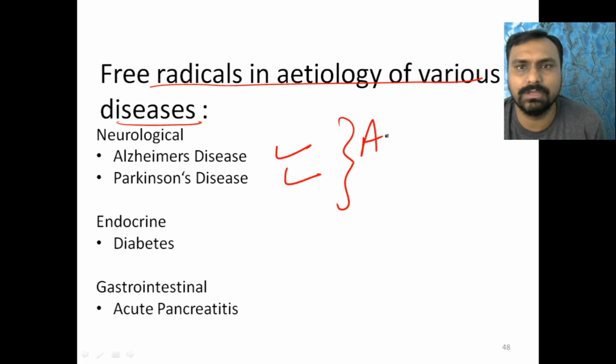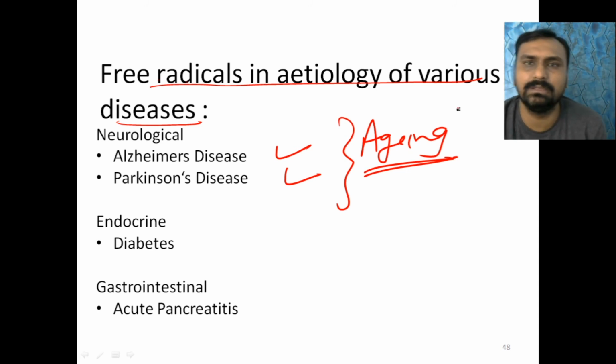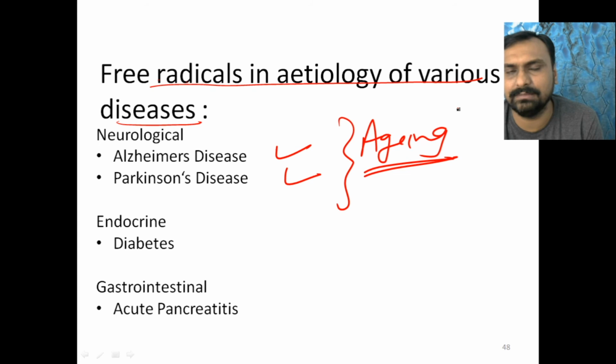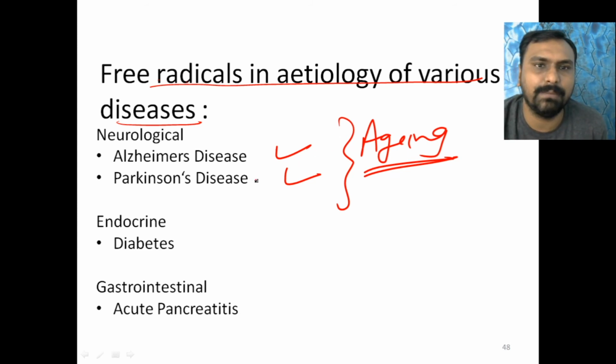So all neurological due to the aging. Free radicals damage the cell membrane, they damage the lipid, which is a very important part of our cell membrane. They damage the nucleic acid, so there's the chance of cancer. They convert hemoglobin to methemoglobin. They damage the protein, so they may lead to Alzheimer's disease and Parkinson's disease.